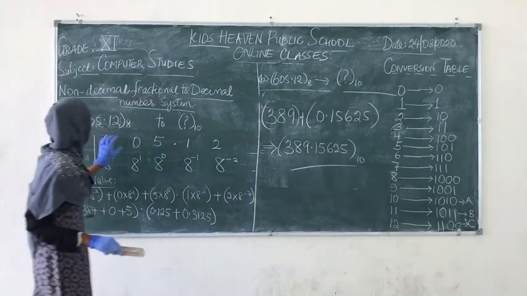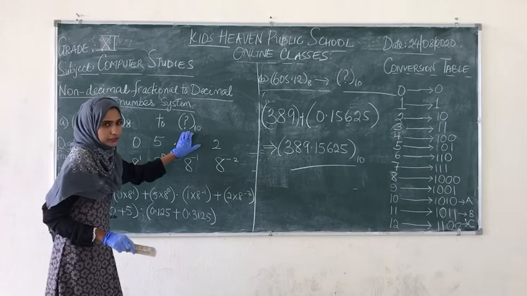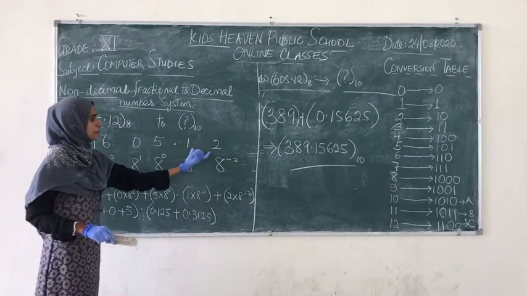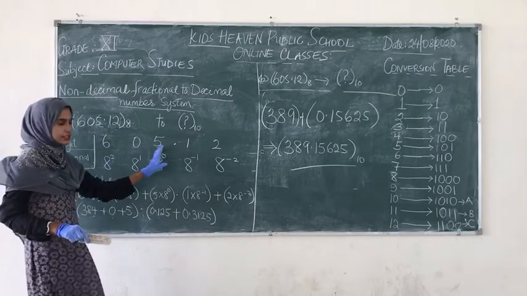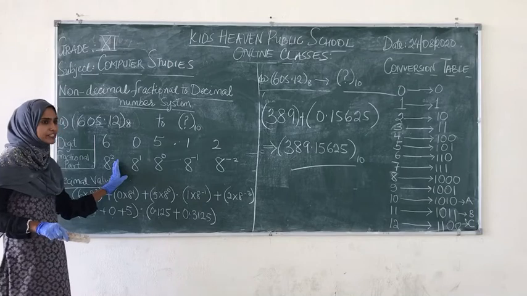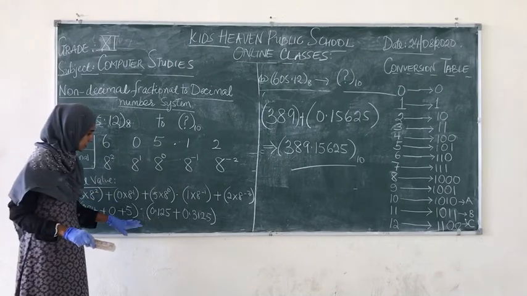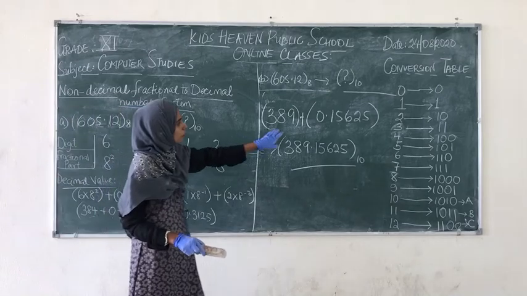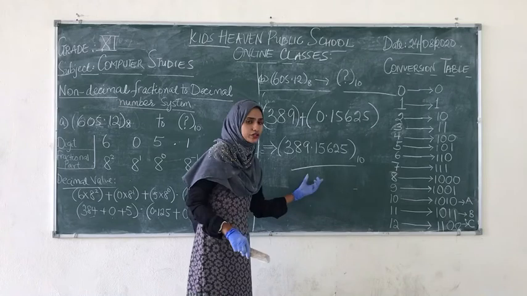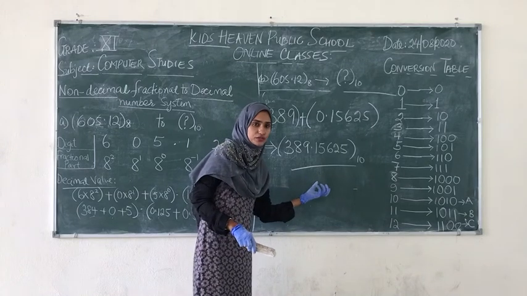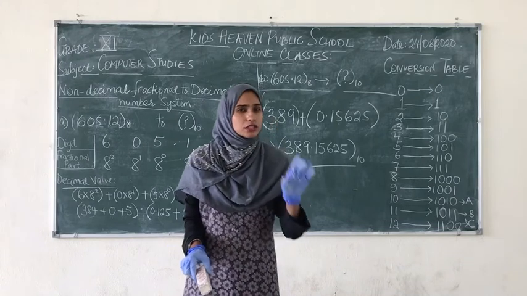We are converting an octal number to a decimal number. The octal number has a fractional part. We are first going to write the digits, take the exponent values and multiply each of the digit by its value. After that, we take the sum of both and we add them. The result we get is the new decimal number that has been deduced. This was a non-decimal number with a fractional part converted to a